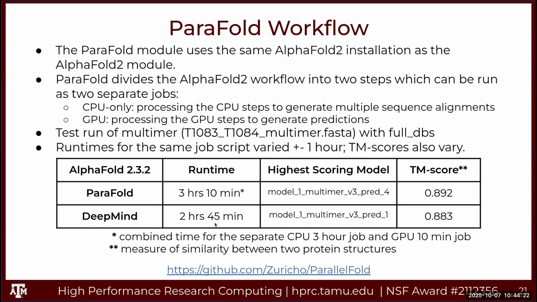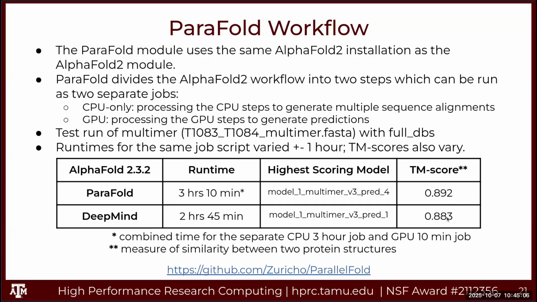The run times, they vary. You're not going to always get 3 hours and 10 minutes running ParaFold. Sometimes it's more or less. So this doesn't mean that ParaFold is going to be quicker than DeepMind. It's just that this is the overall combined time of the CPU 3-hour job and a 10-minute GPU job. So this just means that if I was to run this again, the run times might be reversed. DeepMind might run longer. So you can see the scores are very similar, and even then, if running this again,